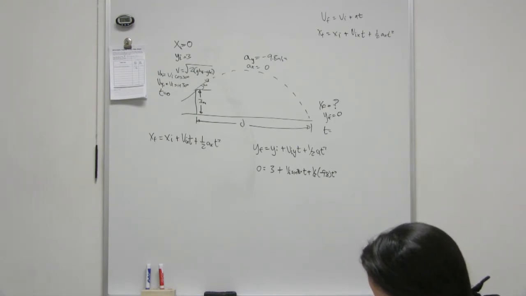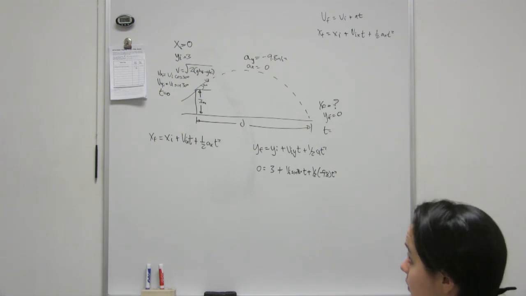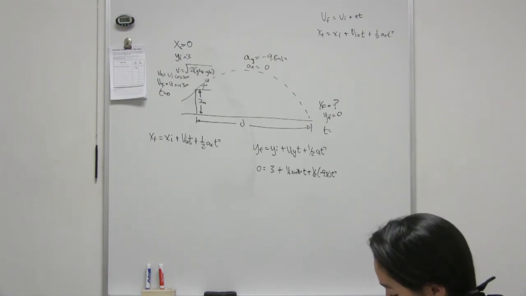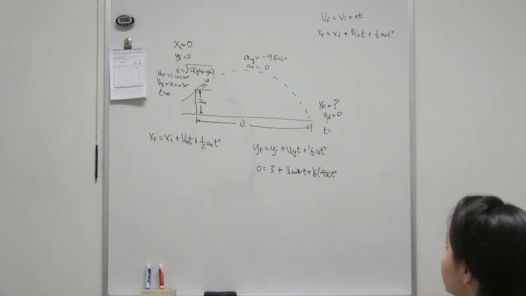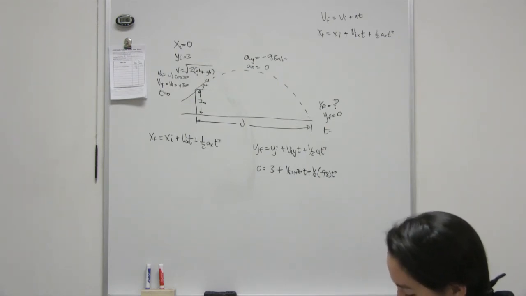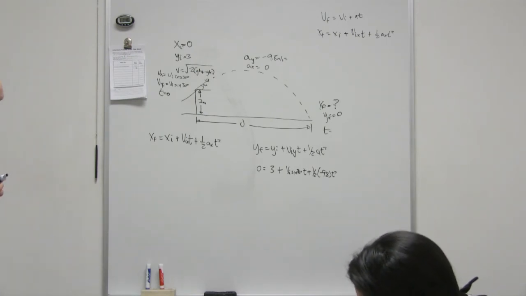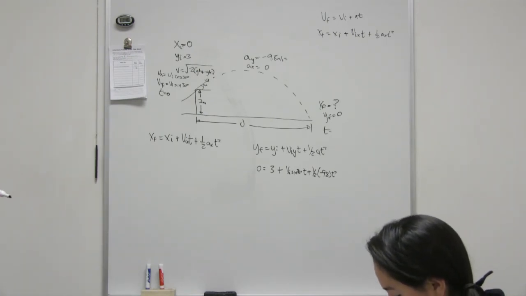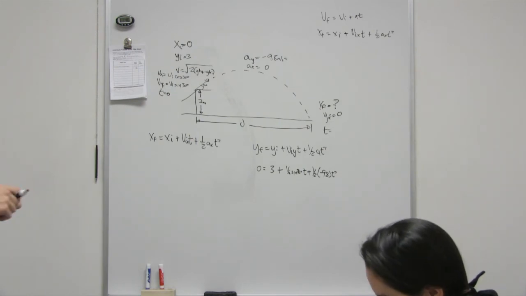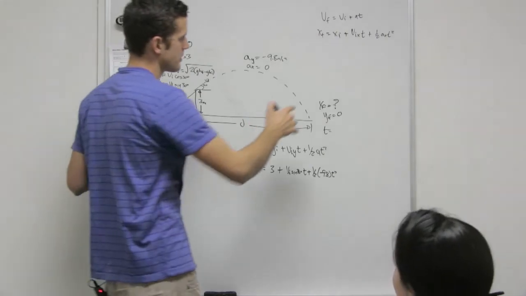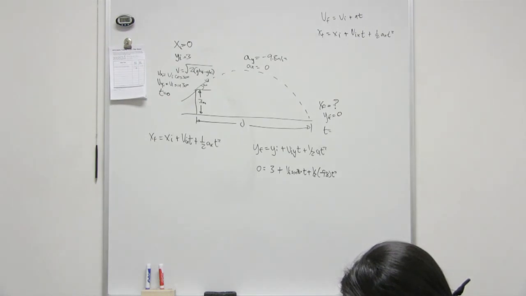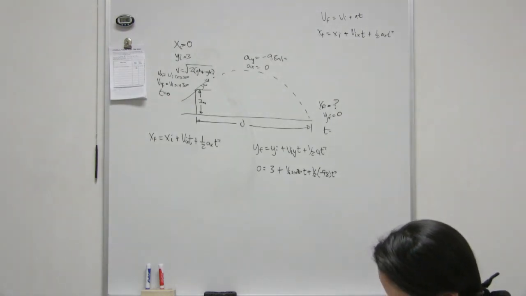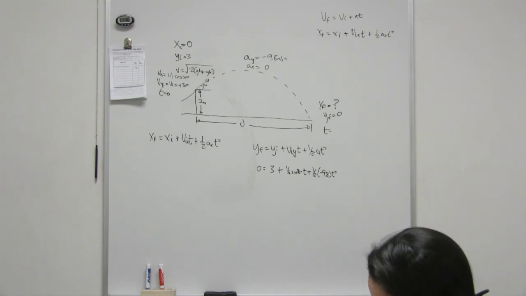We'll plug t into the x equation. Mm-hmm. And then we would plug in everything else that we know. For the x equation, it says velocity initial in the x, which is what we solved for. And then we would be able to get the x final. And when you put it into the x equation, that's 0 and that's 0, so it's actually just your velocity times that time. So after that, it's pretty simple. Okay, cool. Well then I will do that one on my own time then. Okay. So that one was